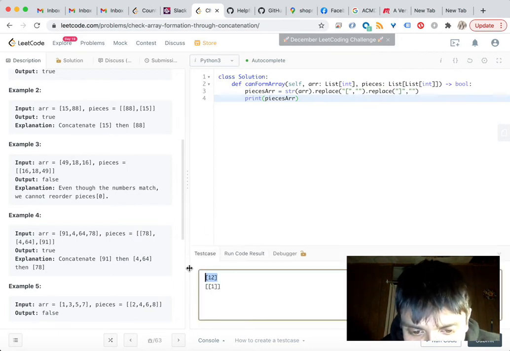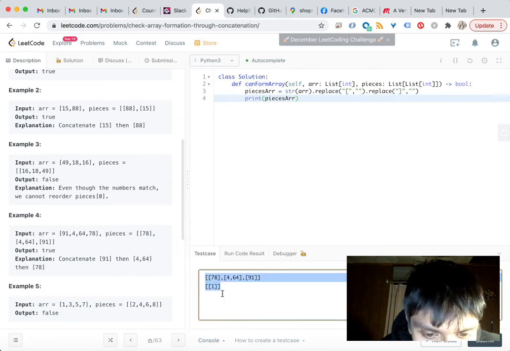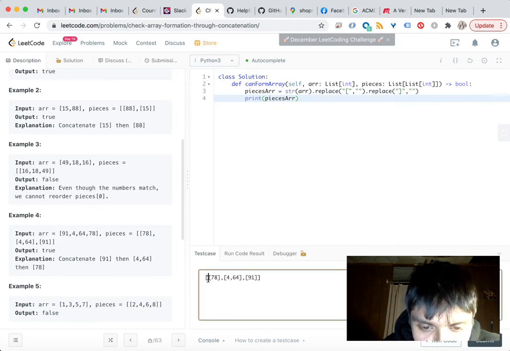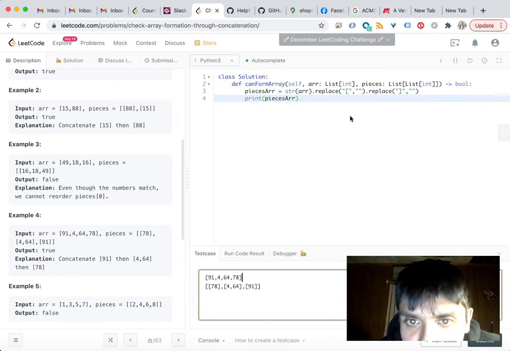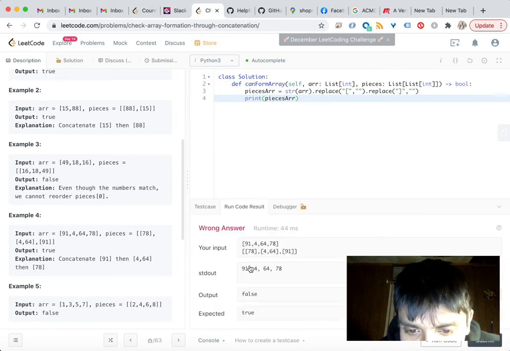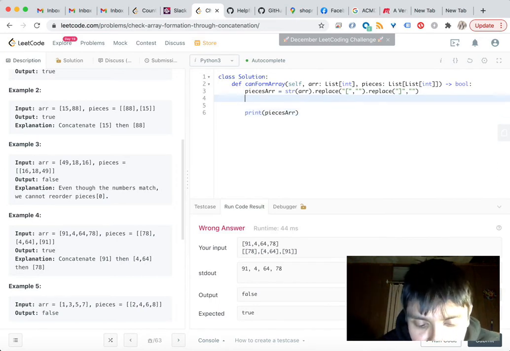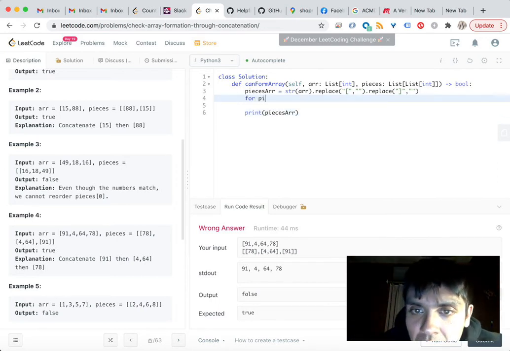Test case, and let's just say we'll start with this guy right here. This is the first array, and then this is the pieces array. Okay, so I want to take this array and replace it, and what I would get is just the numbers by themselves. Okay, right? All right. So second thing I wanted to do, now I want to iterate through the pieces array,